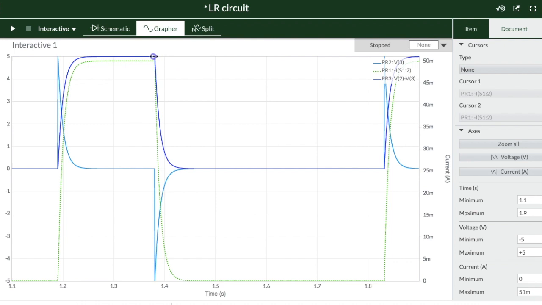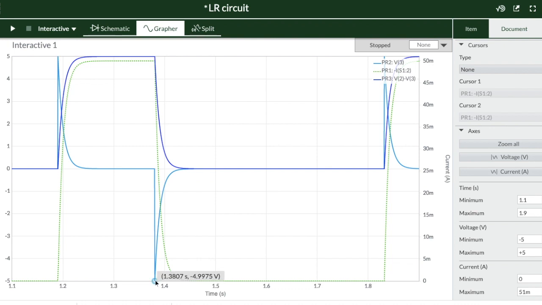Now at this point we have shifted the switch back to the ground terminal. So we expect the current to come to 0, but the current is not coming to 0 instantaneously. We can see here the back EMF across the inductor has now gone to minus 5 volts. This side is shown for voltage. So it has gone to minus 5 volts, that means it has changed its polarity to oppose the change in current from 50 milliampere to 0. And so the current cannot come to 0 instantaneously even though the voltage source is removed from the circuit.